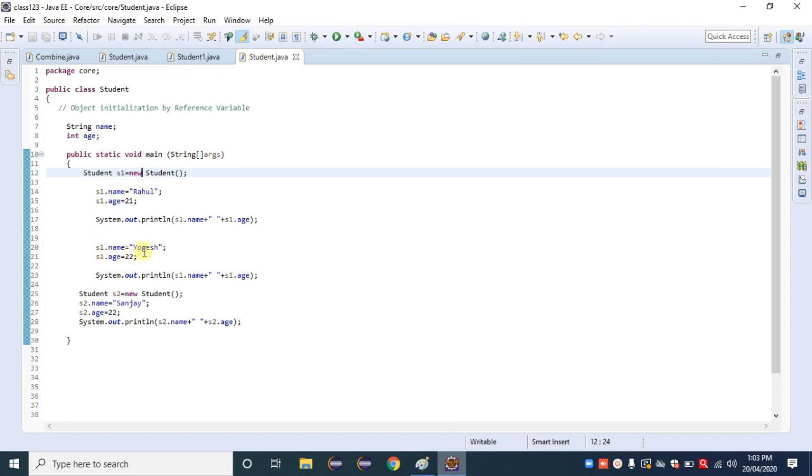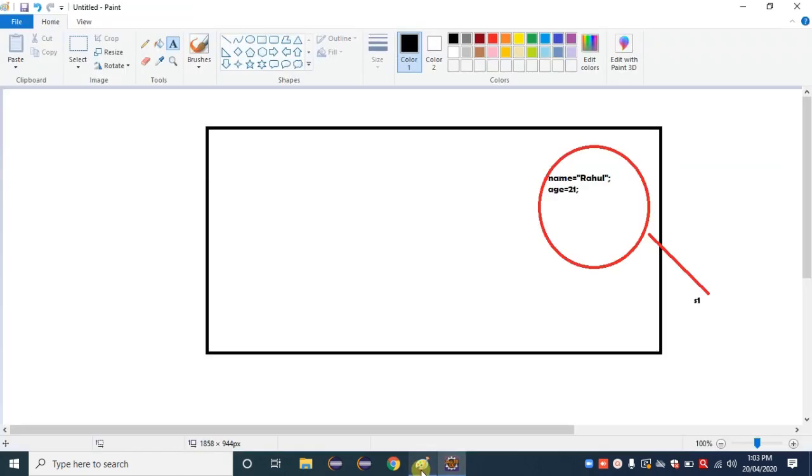It means that the values Yogesh and 22 are again stored inside the same object by using the same reference. No doubt we can use a number of objects or we can go with a single object. But the value initialized by a reference variable is totally stored inside that single object.